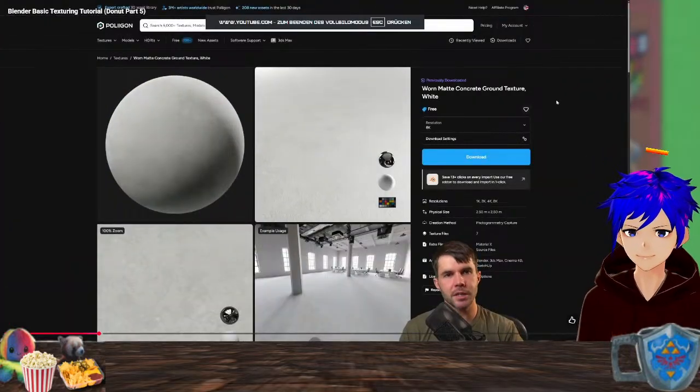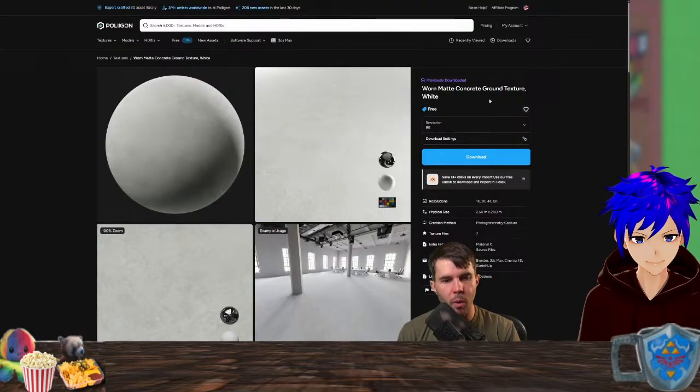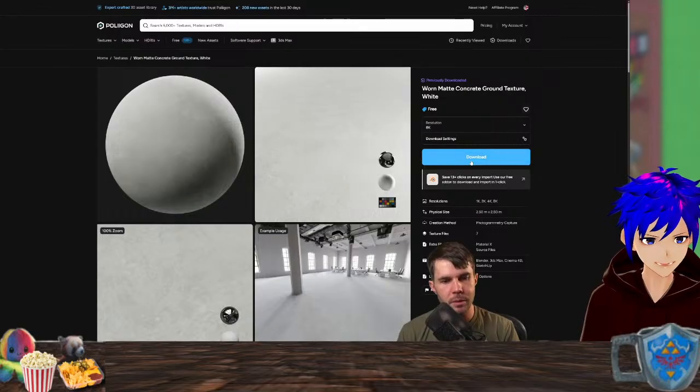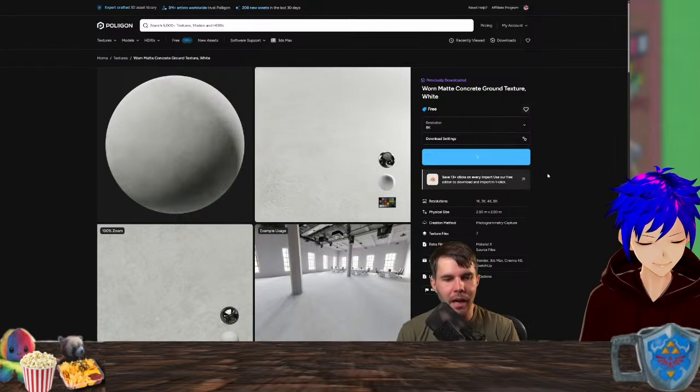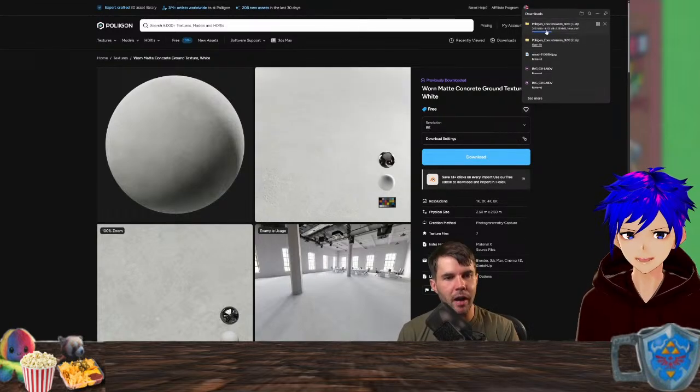How to use PBR textures just flat, and then I want to show you the easy way after. So once you've got your free account, you can come back here and click on this big download button. That'll give you an 8K texture. You probably don't need it. You could probably get by with 4K, but I'm going to get the 8K just to show you how it looks. Now this will download a zip file like here.